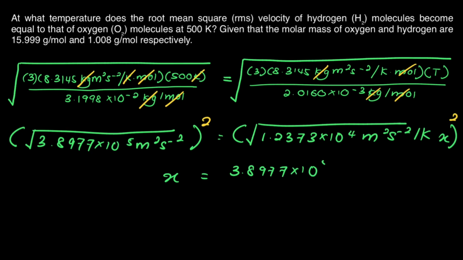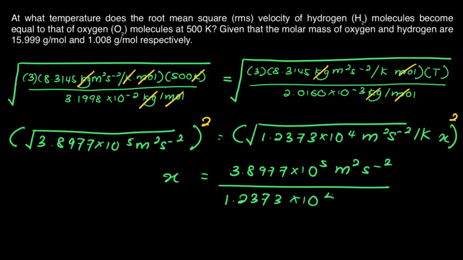3.8977 times 10 to the power of 5 meters square per second divided by 1.2373 times 10 to the power of 4 meters square per second over Kelvin. Right. Therefore, you will get X equivalent to, we're just going to quickly slash this out. It's supposed to be Kelvin. So your final answer should be